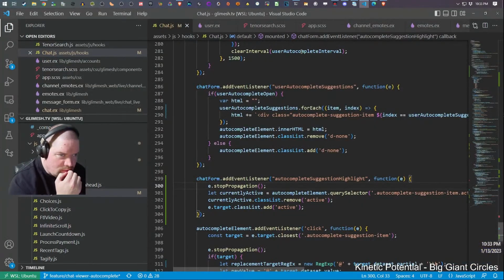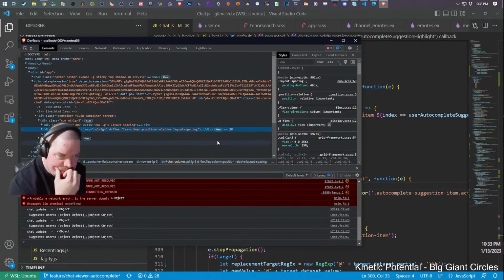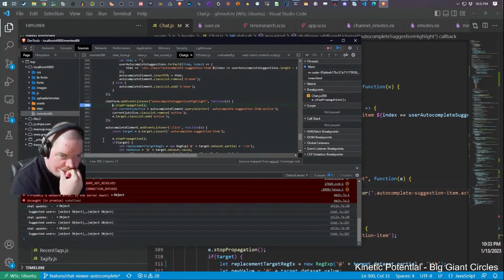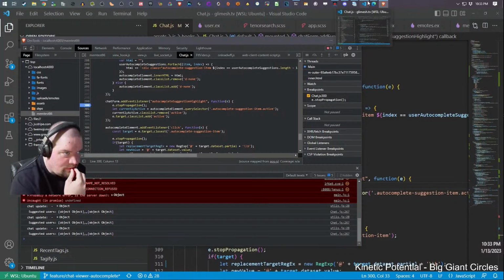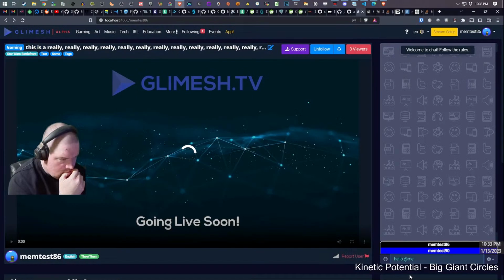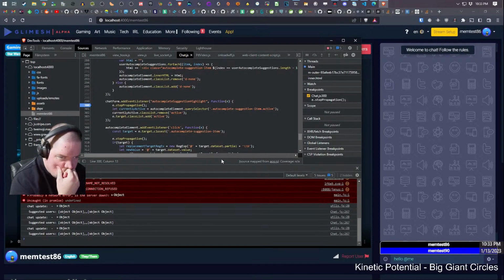It's just not getting called, which is really strange. Sources. Let me put a breakpoint back in there because it got reset apparently. Yeah, it's still not working.